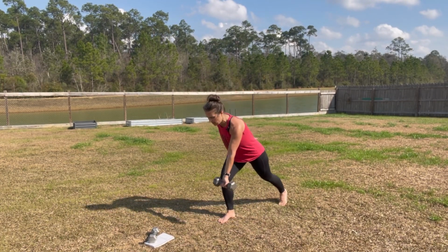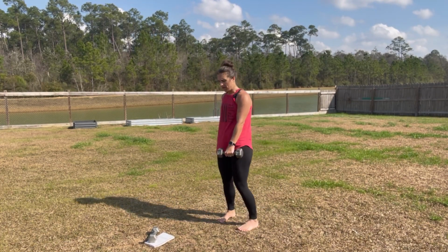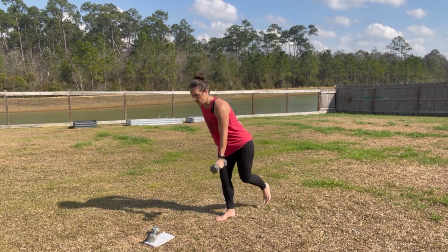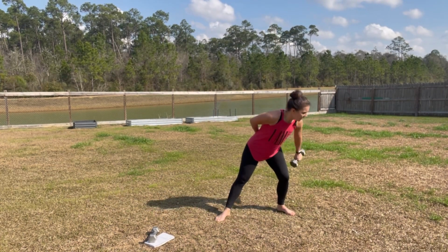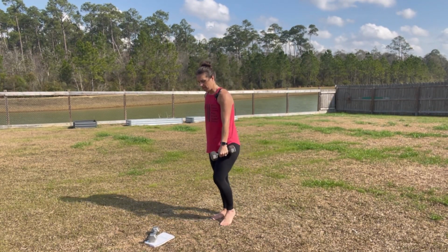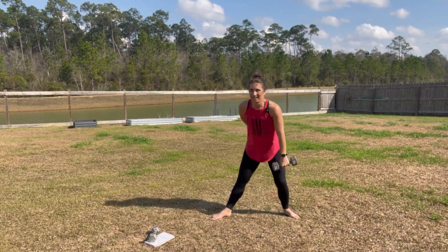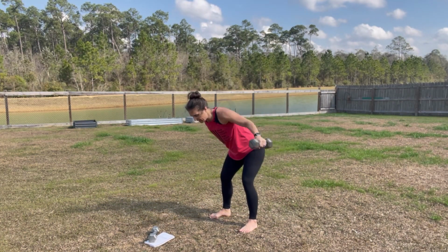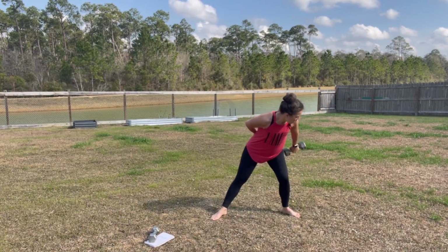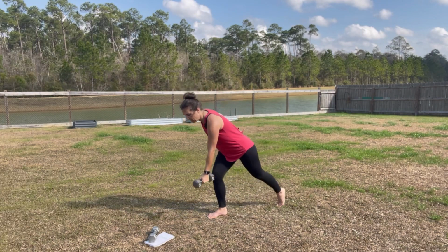Step it back, hip hinge again. Reverse grip, row. Go to diagonal, palm lifts up. Back to parallel, reverse grip. And step it, hip hinge, row. Diagonal, palm lifts up. Back to hip hinge, reverse grip, fly, and then hip hinge, row, diagonal, palm up to the ceiling, deadlift, we go reverse fly, back to hip hinge, row, and diagonal, palm lifts up, back to deadlift, reverse fly, and we're halfway through, hip hinge,